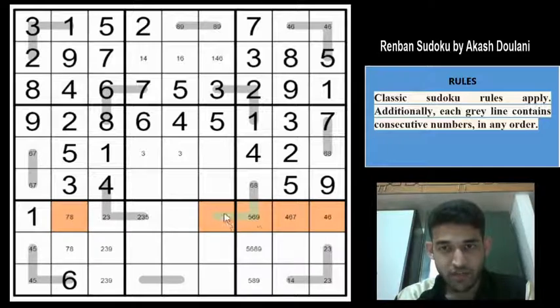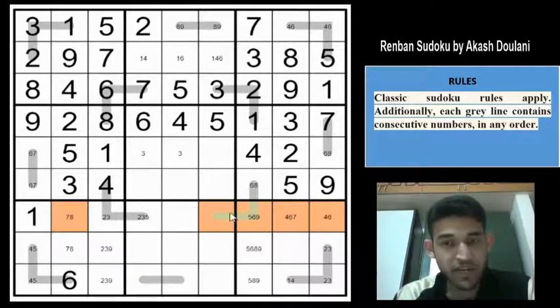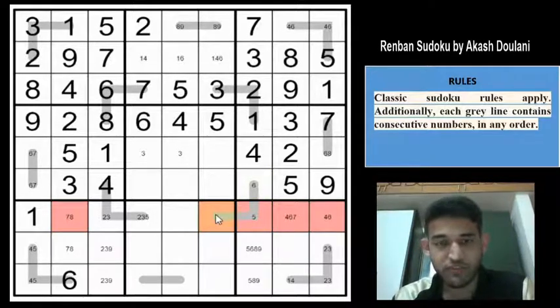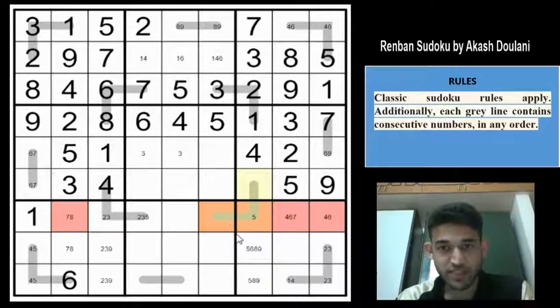So let us see if these 2 cells need to have 1 of 4, 6, 7 or 8. The simplest way to prove that is by eliminating all options of 4, 6, 7 and 8 here. Let us see if that is valid. So if you eliminate the 4, 6, 7 and 8, you can't have a 6 here. And you also cannot have a 9 here, because if you have a 9, you get an 8 here and you get a 7 here. But we are looking to eliminate 4, 6, 7 and 8 from here. So you need to have a 5 here, which means that this is a 6 and this must be a 4 or a 7.